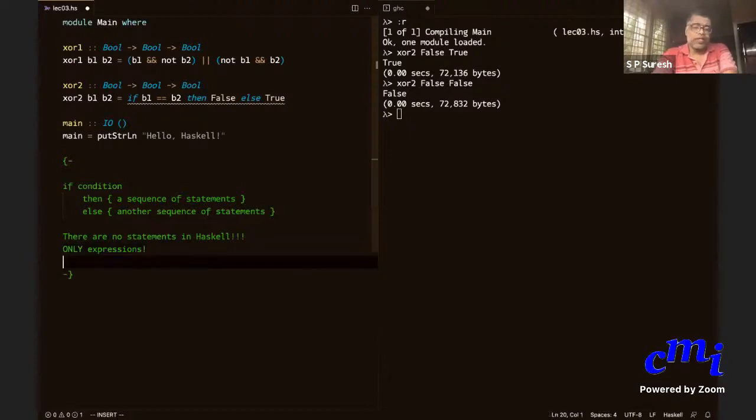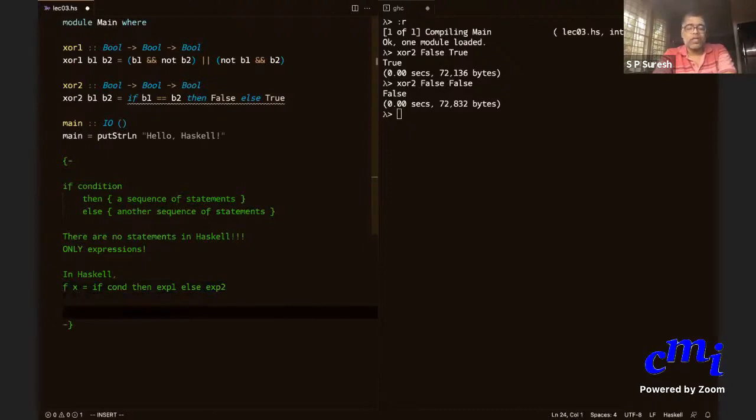So in Haskell, you want to say f of some x equals if condition, then expression 1, else expression 2.